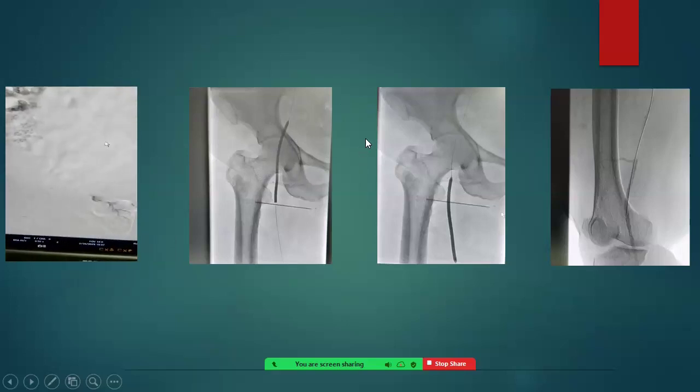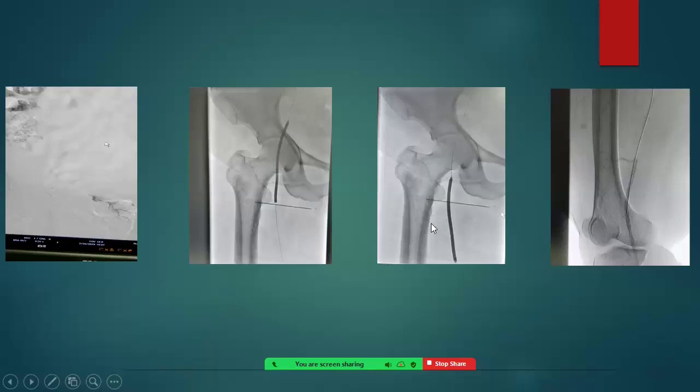We didn't take the wire into the profunda because it was already thrombosed. We tried to negotiate the wire to the SFA under ultrasound guidance with a modified catheter. We were able to cross the wire to the SFA, but because it's very fibrotic disease, it takes a very long time to pass the guide wire into the SFA. After that, we used only a 3.5 millimeter balloon for the balloon angioplasty. At this time, we took the 014 wire rather than the 035 wire.